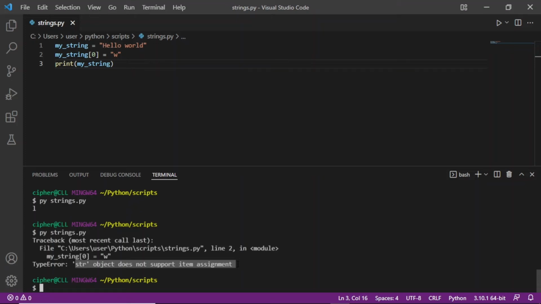Now we can also access characters by slicing them. So for example, let's just delete this. We may decide to slice our string. For example, let's take this example here. Now let's say